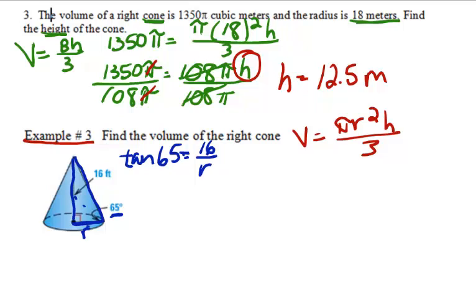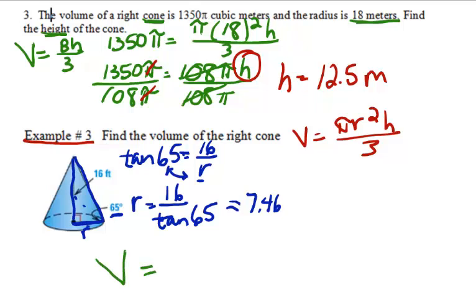So tangent of 65 equals 16 over r, and if you do the cross multiplication and you solve, you'd see that when your variable's on the bottom, these two are going to switch places. So I will get r equals 16 divided by the tangent of 65. Okay, so plug that into your calculators and we get a decimal, which is 7.46. Now I can find the volume. That's my radius, so here's my volume. My volume is pi times my radius, 7.46,